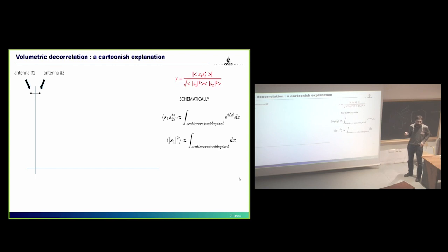All right, so I've attempted here for this presentation a cartoonish explanation of why this is sensitive to the waves, why it has the right dependence. Schematically, let's focus on the numerator. That's the product of the signal at the first antenna times the signal at the second antenna conjugated. What this really is